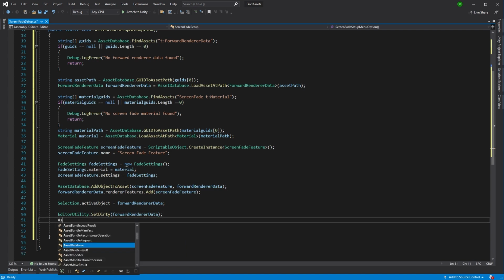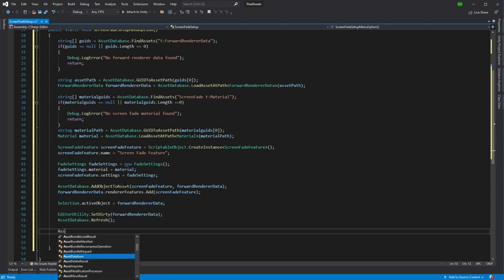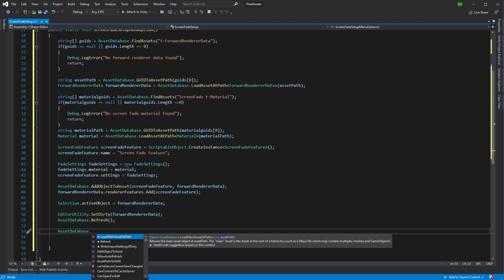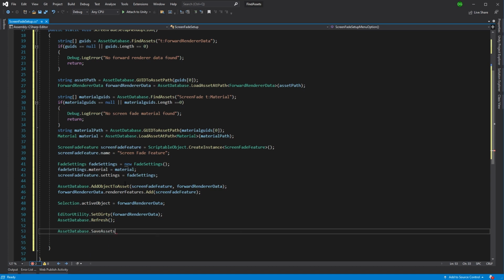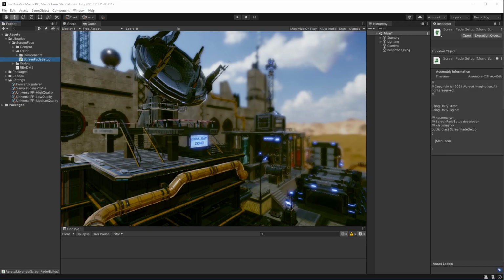Then we're going to refresh the asset database by just doing refresh. And the last thing we're going to do is save our assets because we've performed our functionality and we're all happy about it. So there we go. Now if I save this script and I come back into Unity,